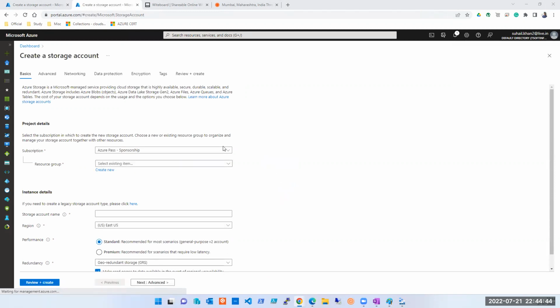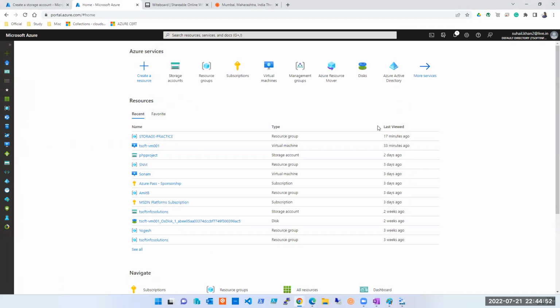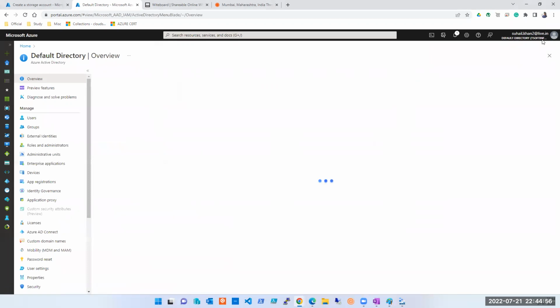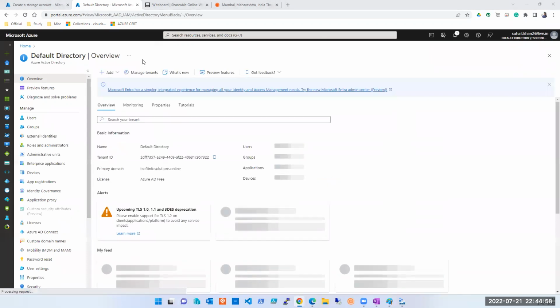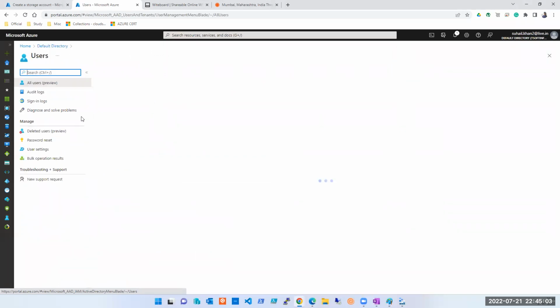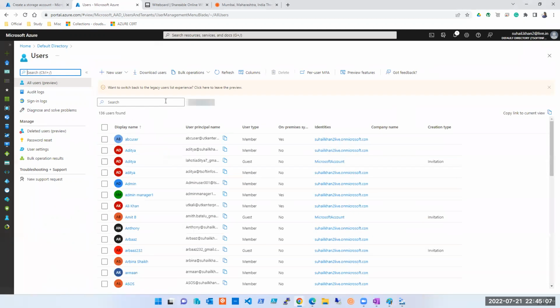Let me go there and explain both things. Ashar, what you are talking about is here, Azure Active Directory. Yes, I am a global admin over there, but that does not mean I will have access on everything.